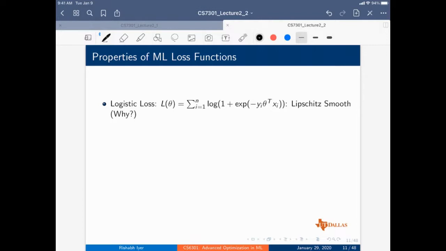Yes, so there are multiple ways of doing this. The way you described, you need to analytically write down script L of theta 1 minus script L of theta 2, and try to find out Lipschitz smoothness. I'm calling this script L because L is already used here. And it's theta 1 minus theta 2. So try to show that this exists. So in some sense the gradient difference grows at most linearly. The other way of showing this is actually to